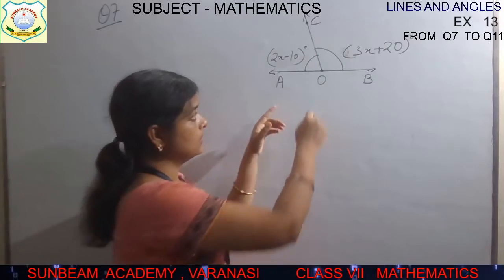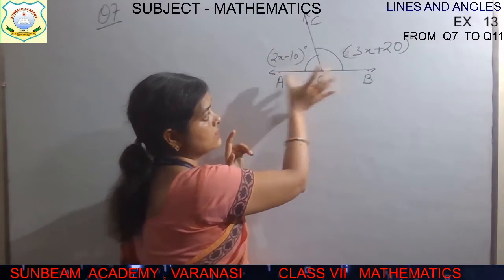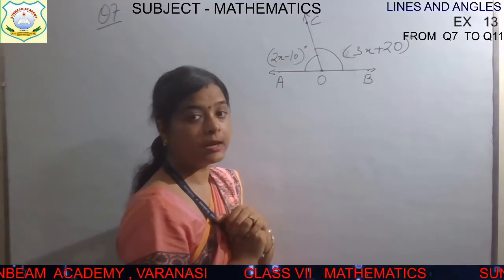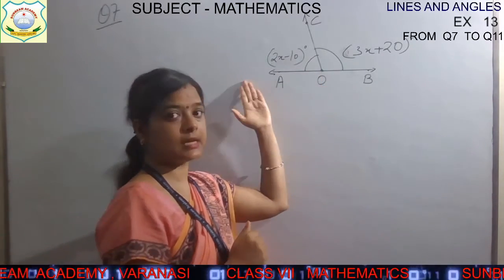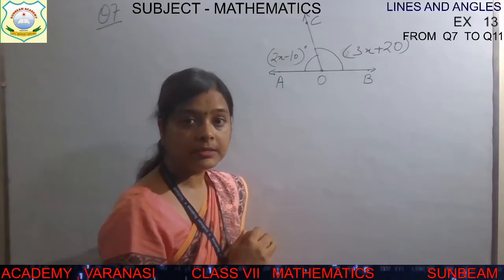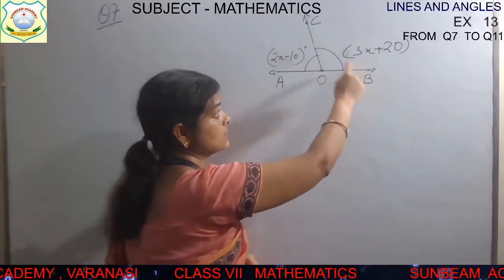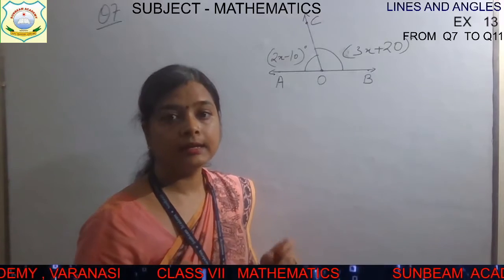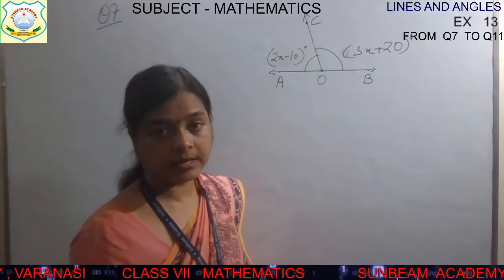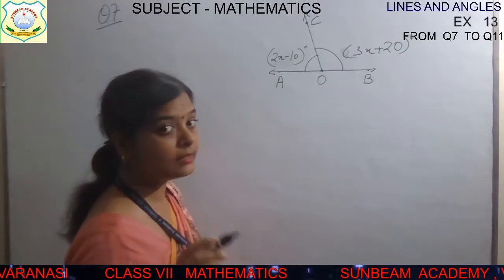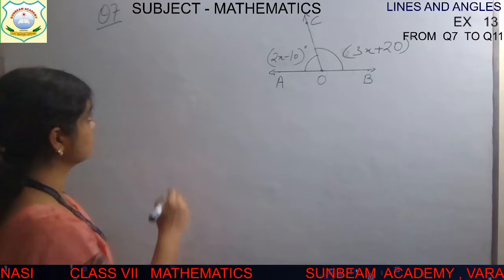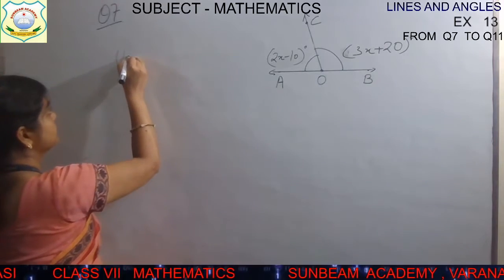As well as the non-common arms, this and this, they are opposite rays. One is going in this direction and another in that direction. Opposite rays. So it means what? It will make a straight angle. It will make a linear pair, and the linear pair sum is 180 degree. So we will use